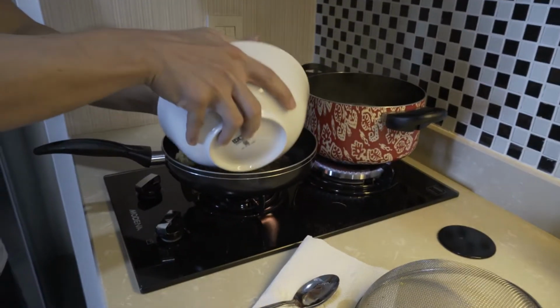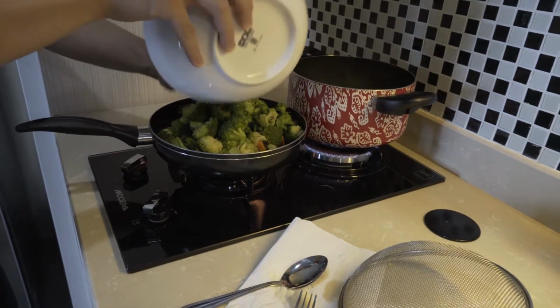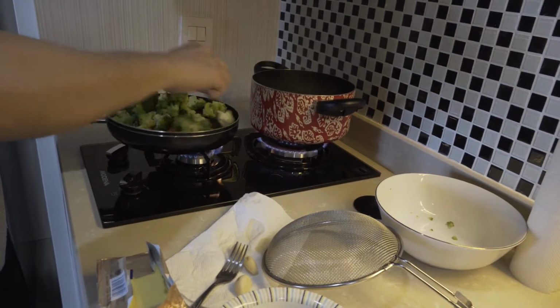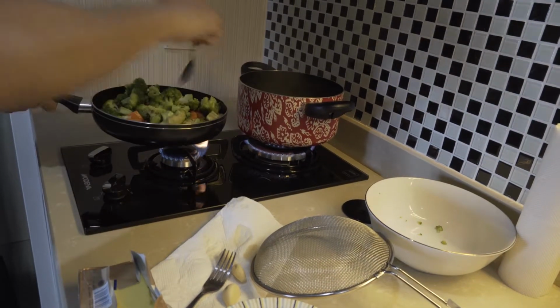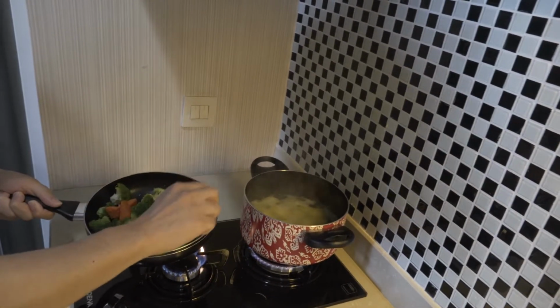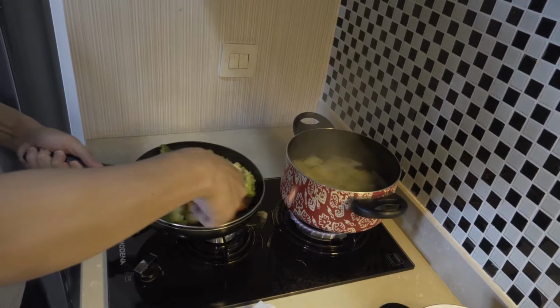Because I'm just toasting, I don't need the butter to really become very brown. So when you just take it, after that you just toss it. Then when you feel like there's not enough butter, you can just add in butter lah. So the thing about cooking is you shouldn't feel like you are making mistakes. And it's always good that you start from the low base and then slowly